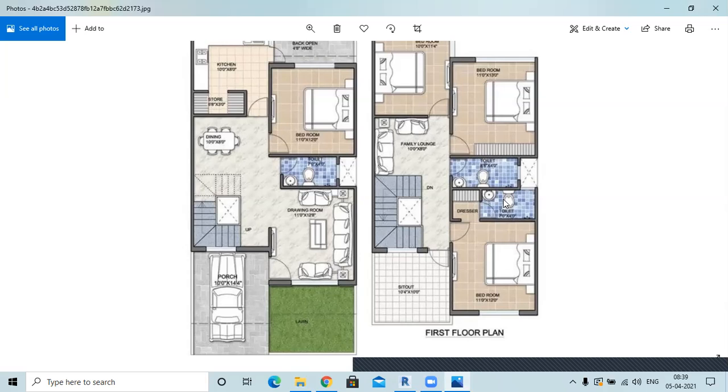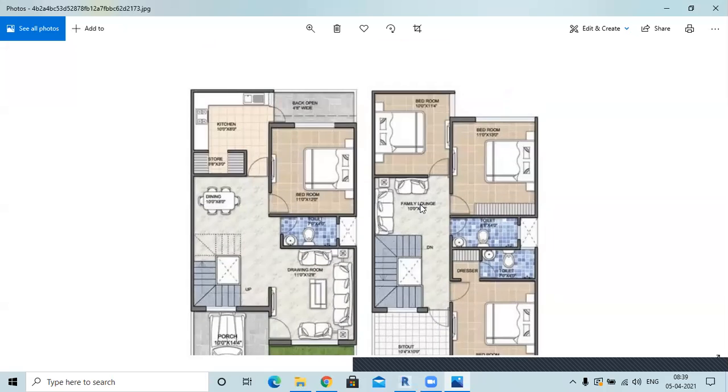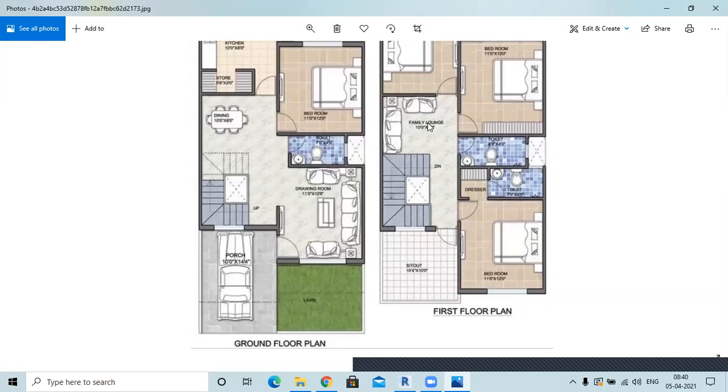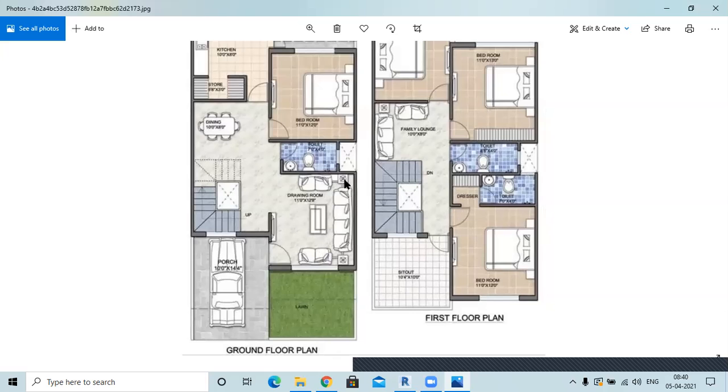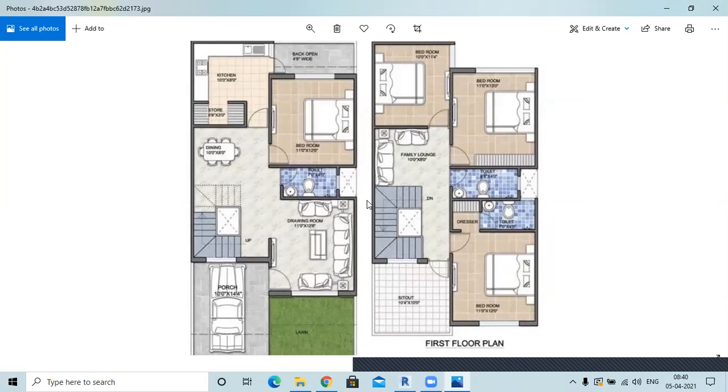It will take a lot of time, right? So for example, this is a 2D plan of a one G+1 floor house plan. This probably is made on AutoCAD, because in AutoCAD, if you have to make a door, okay.